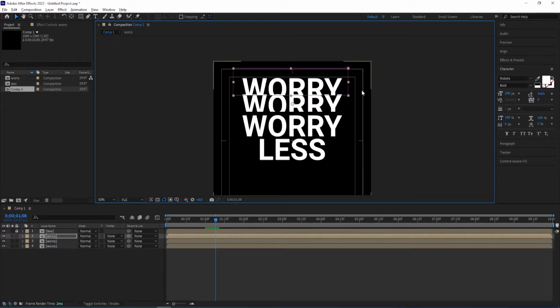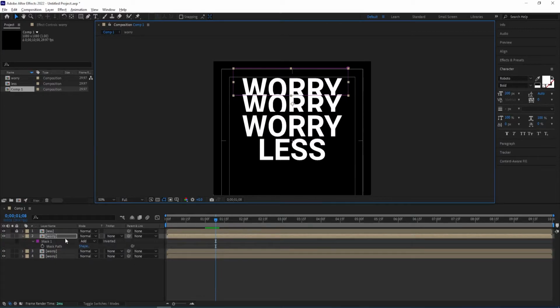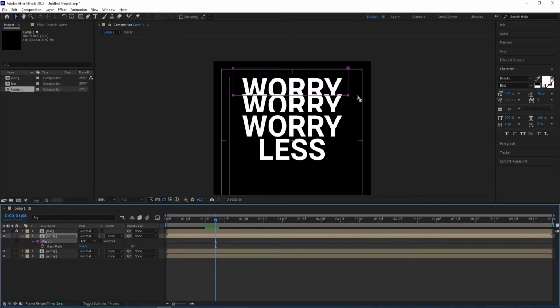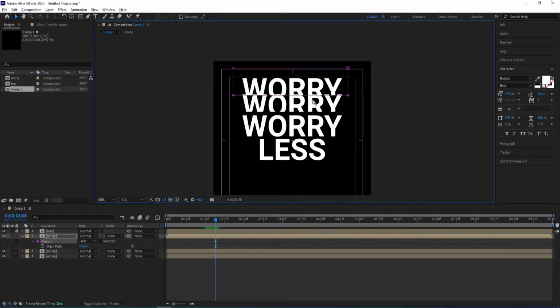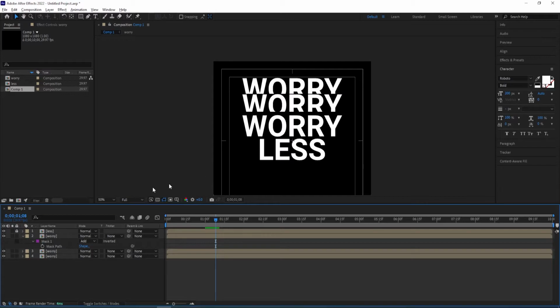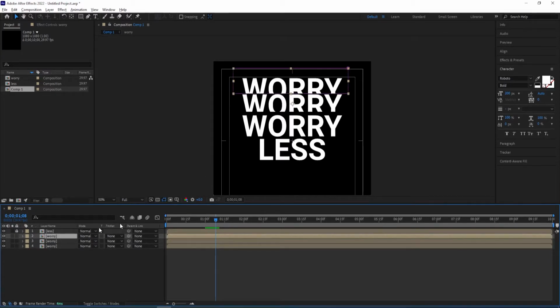And now we want to animate this. I mean, we want to move the bottom points of the mask, so we press M and select mask 1, and with the selection tool we select these bottom points, and then by pressing Shift up arrow we can move it like that, or just by pressing up arrow or down arrow we can move it like so. I'll keep it here and then duplicate this one again, Ctrl D, move it up,